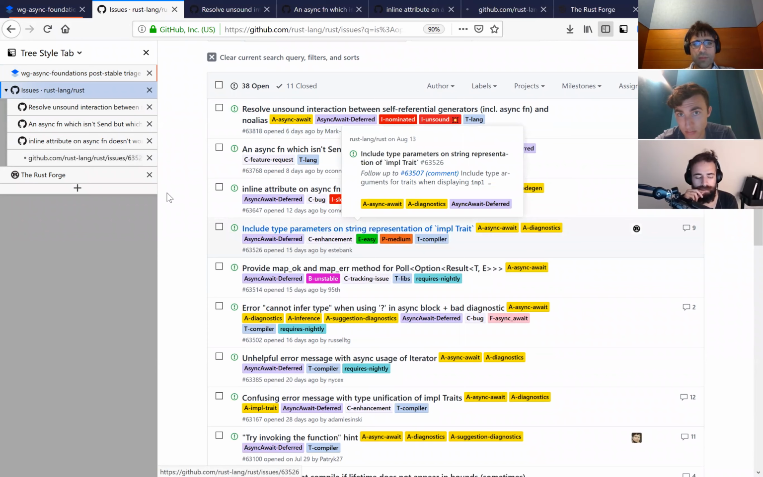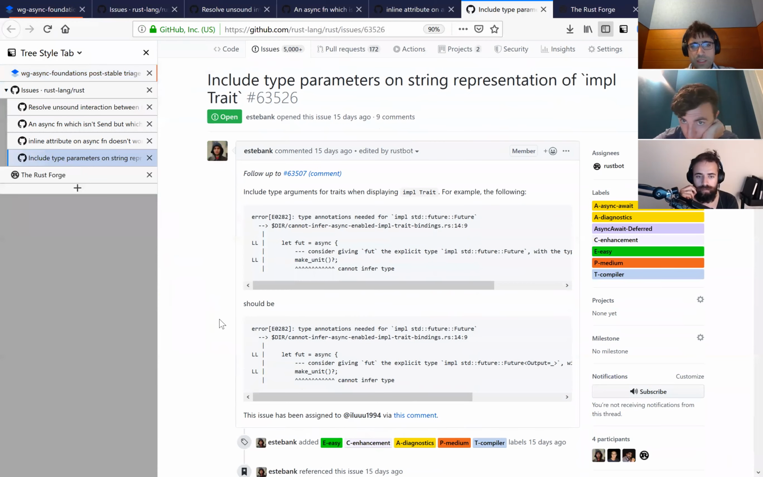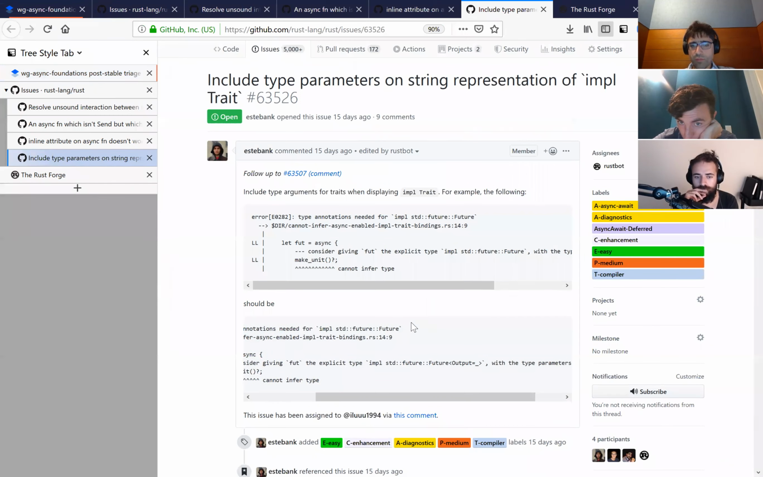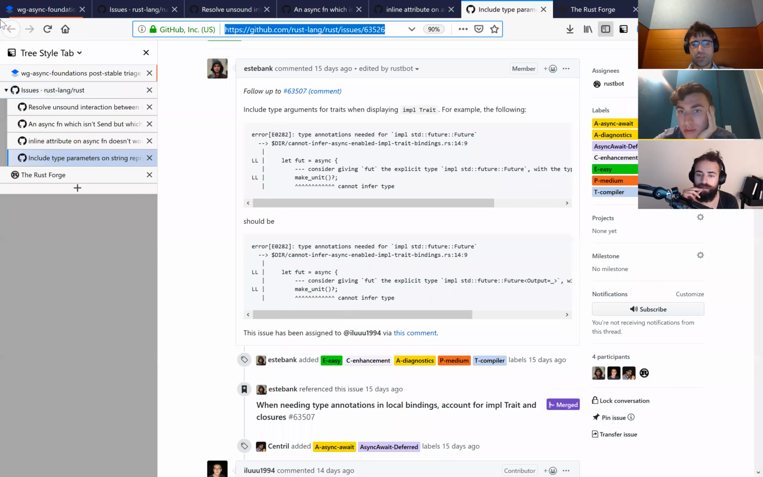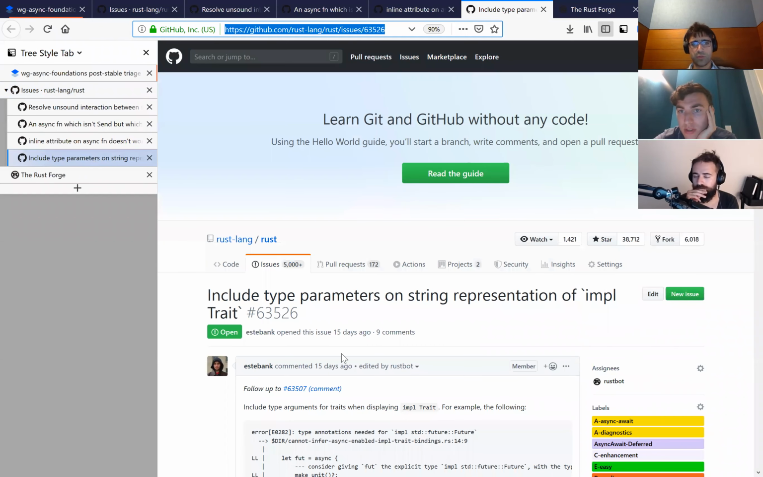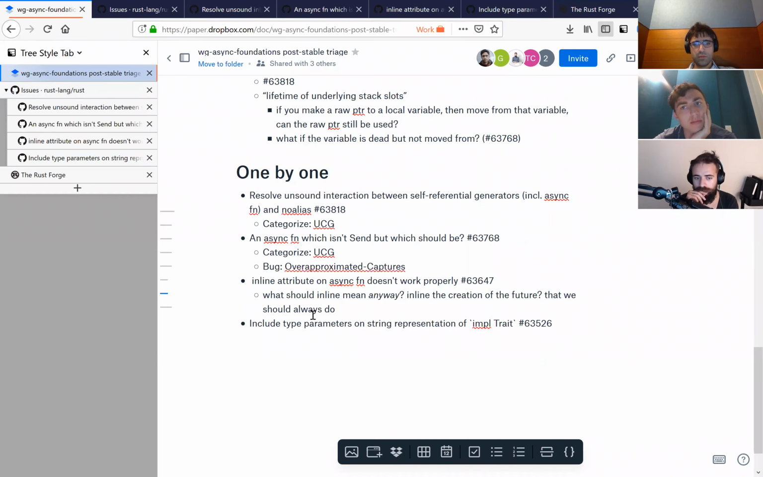Okay, include type parameters on string representation of impl trait. This is, I think, a diagnostic issue. It's got somebody assigned to it. Oh, this is just saying that it says impl future rather than impl future output equals. Yeah, it's just one that seems fine. Like a miscellaneous diagnostics. It looks like somebody's already saying that they're going to. Yeah, someone's working on it. It seems good. It doesn't seem super burning, but